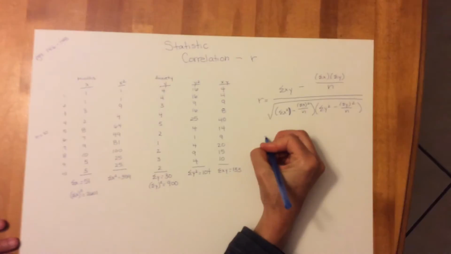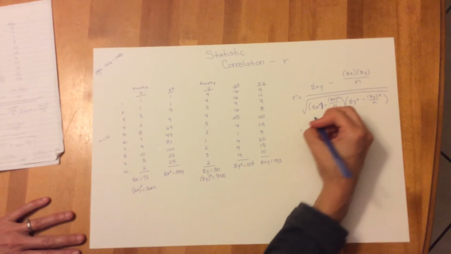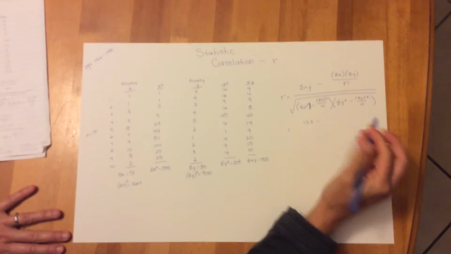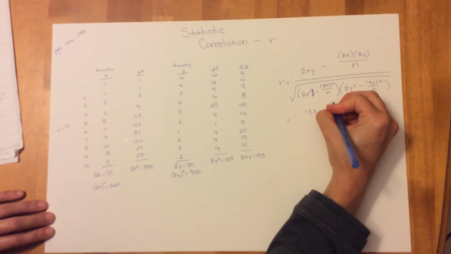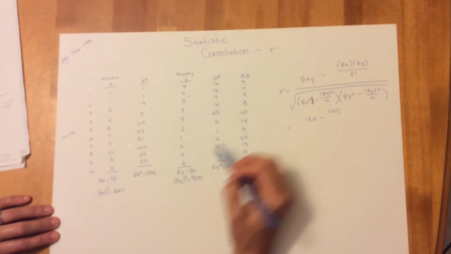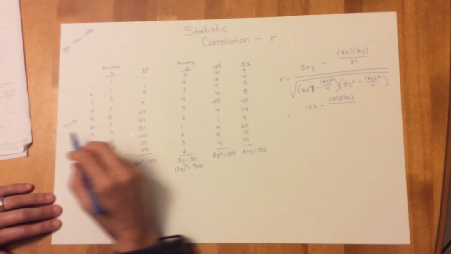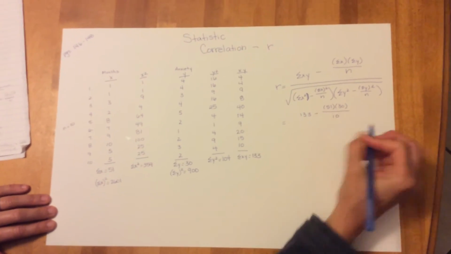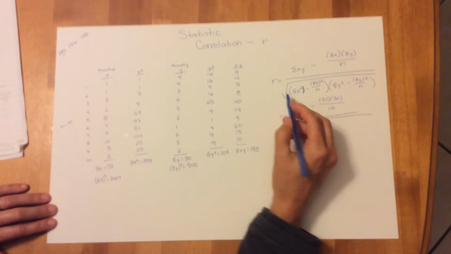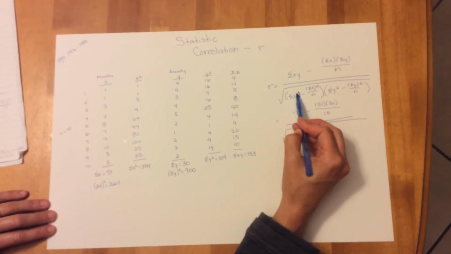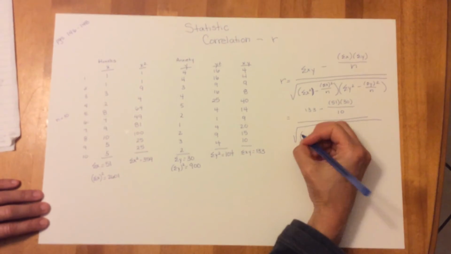So we're just going to take it nice and slow and make sure we plug them in the right place. Sum of xy is 133 minus sum of x is down here, 51. Sum of y is right there, 30. Over, and remember n equals 10. There were 10 participants. And we're going to put that over the square root of, okay, now we have sum of x squared. That's this value here. We're squaring our x's first, then summing them. So 359